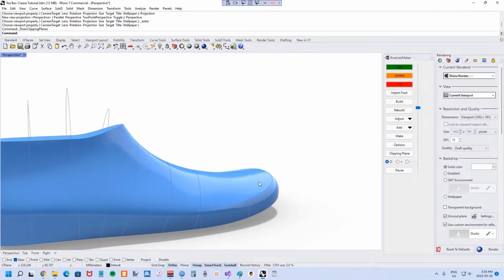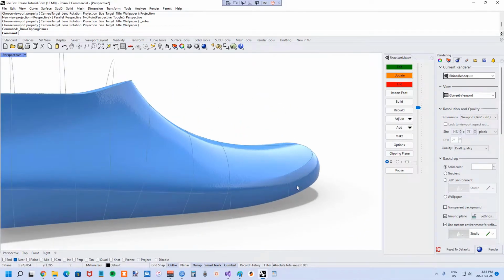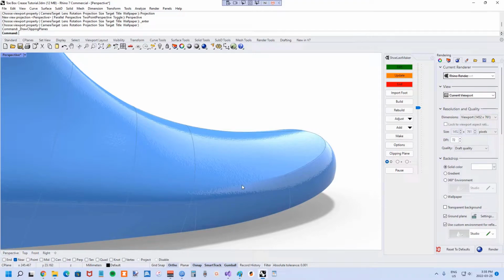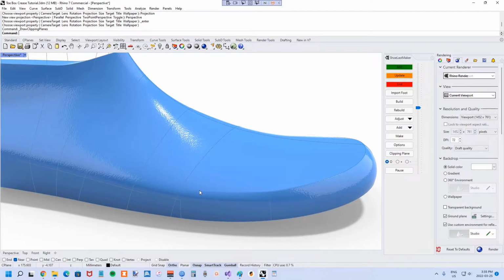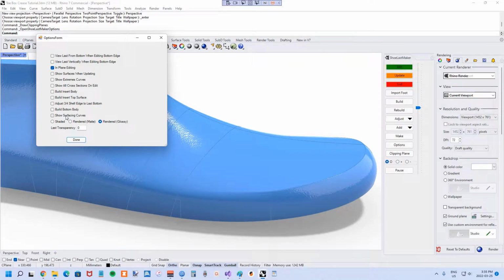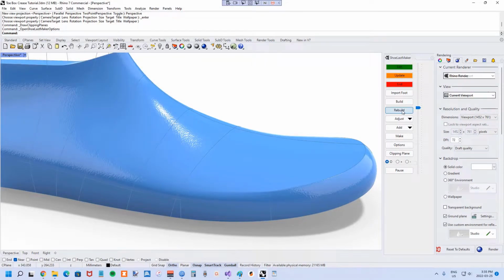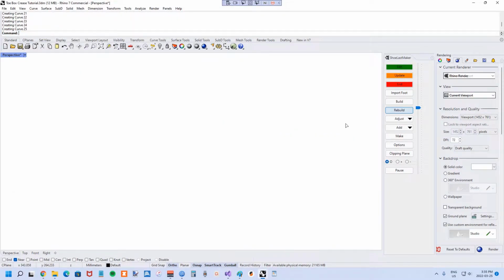And one issue you can encounter sometimes is that this crease seems to transition too high or too low, not exactly where you want it. In that case, you can adjust the surfacing curve control point positions to get it to blend more in line with what you expected. So to do that, first thing we're going to do is, in the options menu, turn on show surfacing curves, hit the rebuild,